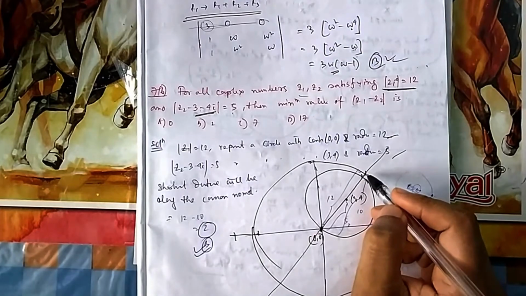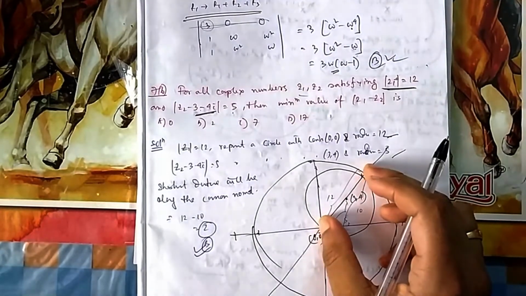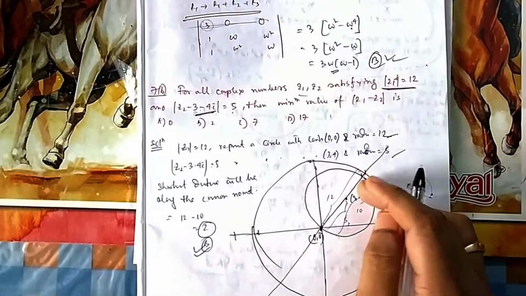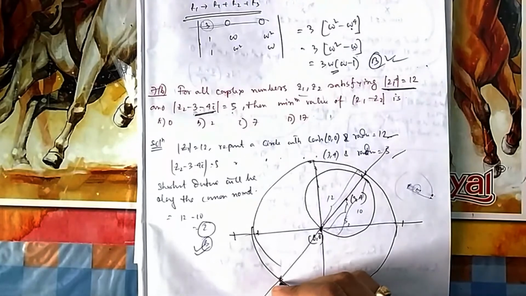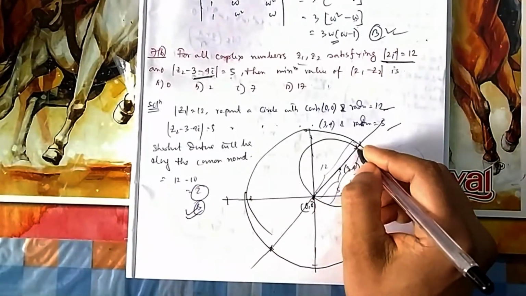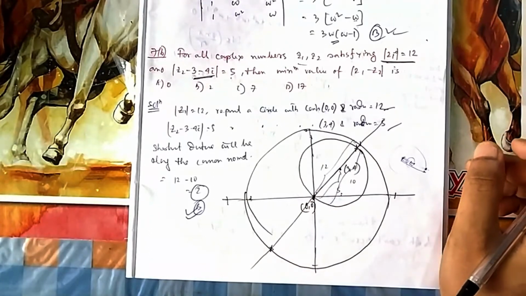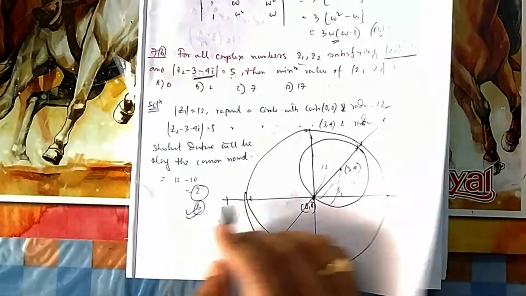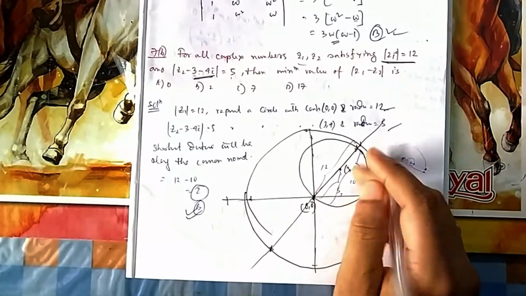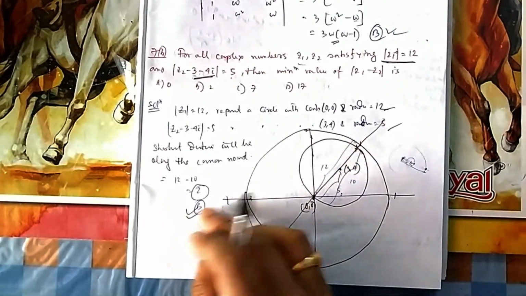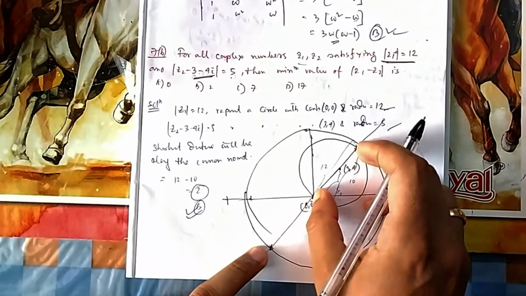And what will be the largest distance? Suppose one point is here, one point is here. This will be the largest distance. Or this point is here, or now this will be the largest. One point Z1 is here and Z2 is here. So this will be the largest. 12 plus 5, 17 will be the largest. So the smallest is here 12. This is 12 minus 5. This length is 10. This is 5. So 12 minus 2. And the largest will be 12. This is 12 plus 10, 22 will be the length.